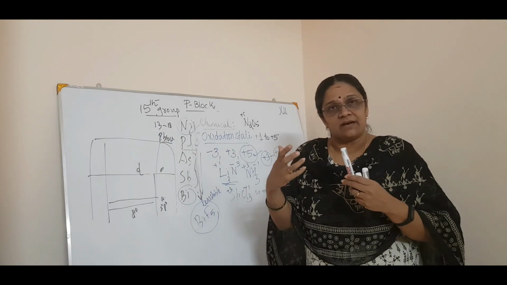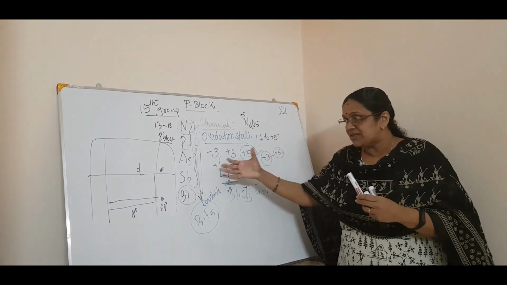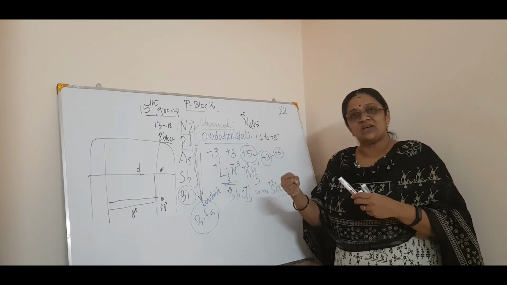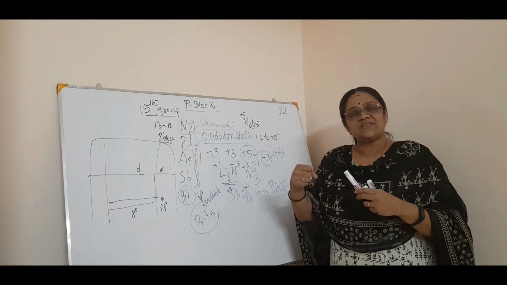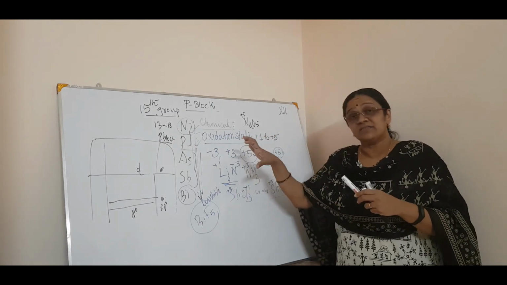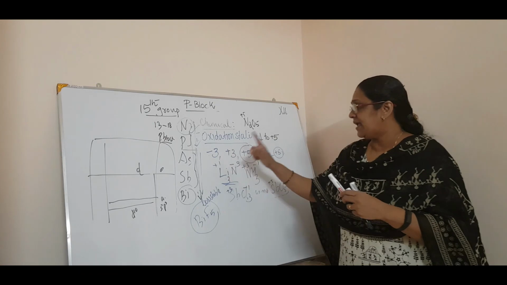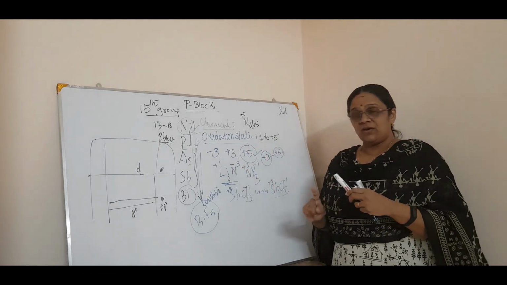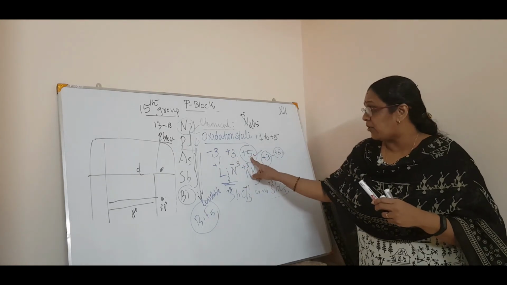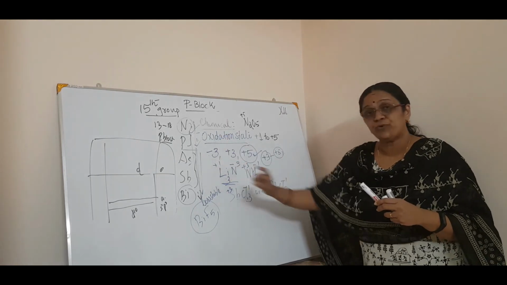So you have to be very clear about that compound or the trend in every group. If you know the trend in this 15th group, whatever trend we are studying about the stability of the hydrides, the reducing agent, or the basic nature, you can carry it forward to the next 2 groups. So the next group will be easy if you are thorough with this group. That is about the oxidation states: plus 3, minus 3 and plus 5. Normally minus 3 decreases from top to bottom. Plus 3 will have that, but for plus 5, it becomes very, very less as you go from top to bottom.